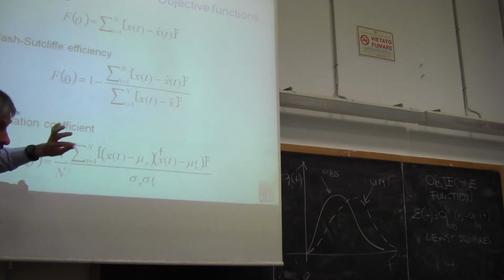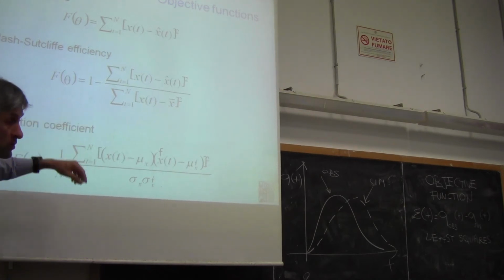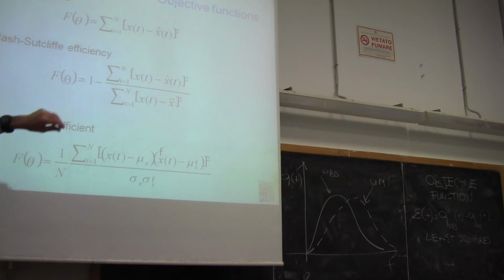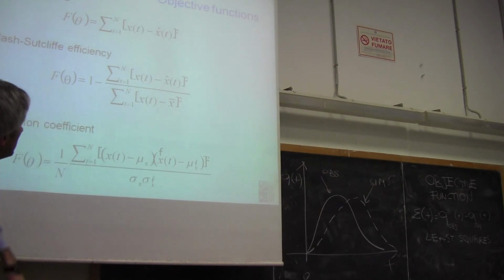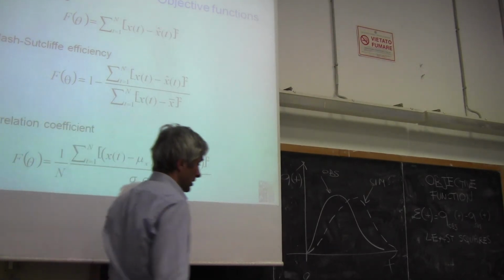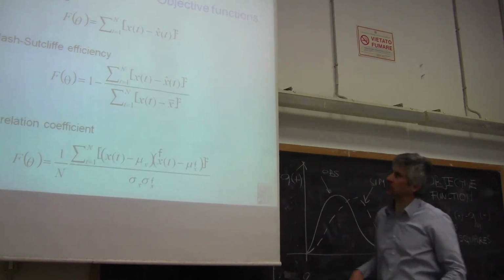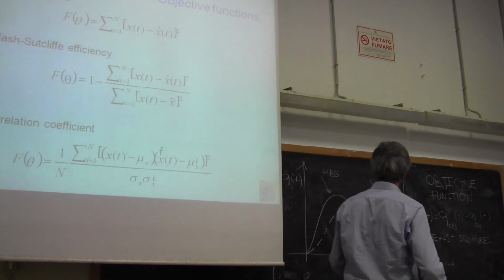Usually I use Q for the river discharge and x for the generic variable. And I use a hat x to mean the simulated one, and the x without any other specification to indicate the observed. And basically, the least squares objective function, which is called here f theta,